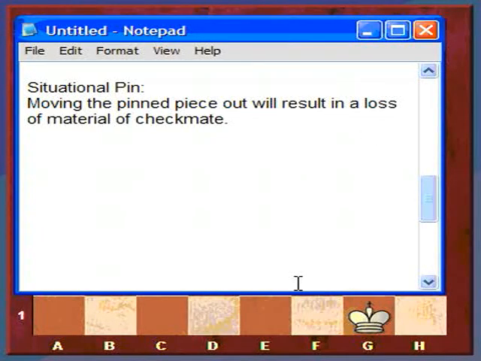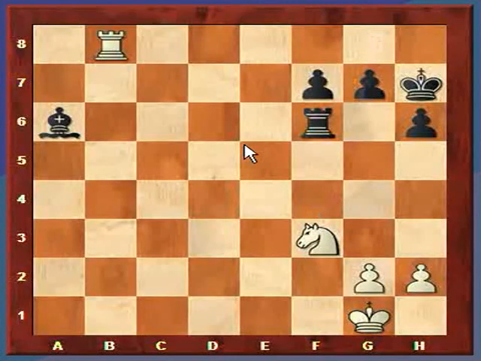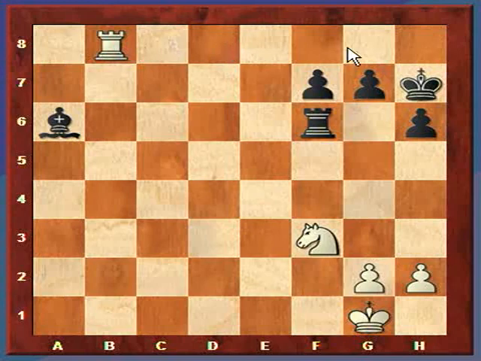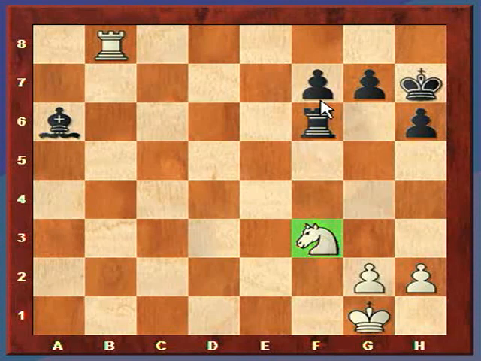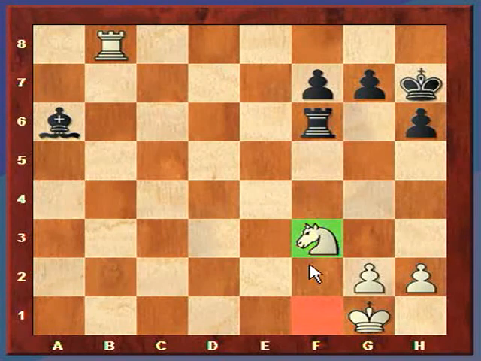Okay, the last thing I want to mention very briefly is a situational pin. This is a pin where moving the pinned piece will result in a loss of material or checkmate. It doesn't necessarily involve a screened piece. Let me show you what I mean. Let's say black's king was here and white's rook just gave it check. Now it's white's turn. Now this piece here is actually pinned, because if white moves his knight, then black will deliver checkmate on this square. So while there's no screened piece, this piece cannot move or would be